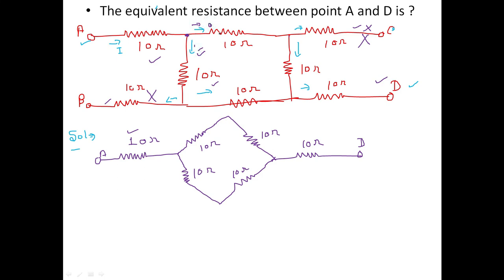So when we go from this one, that is 10 ohm is in series with this 10 ohm. So this 10 ohm is in series with this 10 ohm, and this 10 ohm is in series with this 10 ohm, and these are in series with this 10 ohm, and it is again in series with this particular 10 ohm. So the equivalent resistance is drawn in this form. Now the equivalent resistance is given by R equivalent.